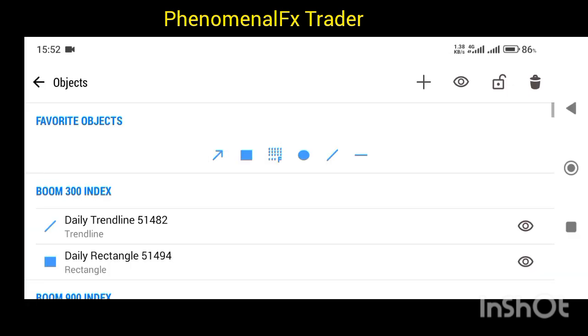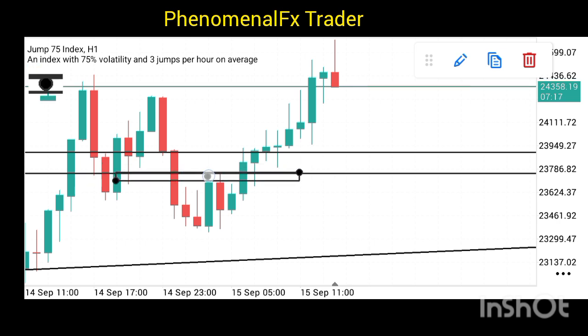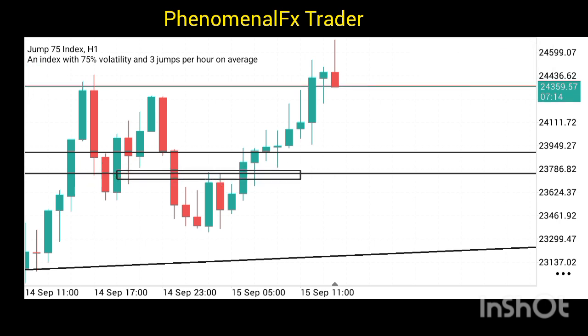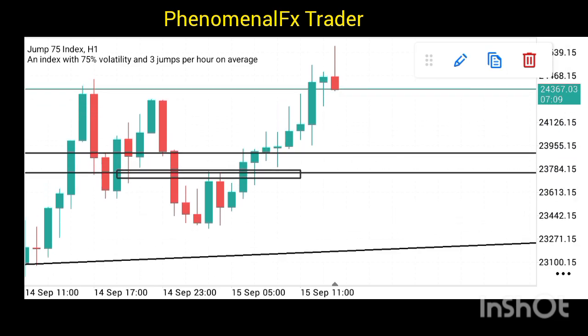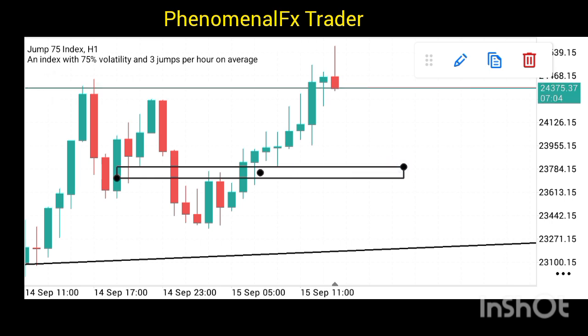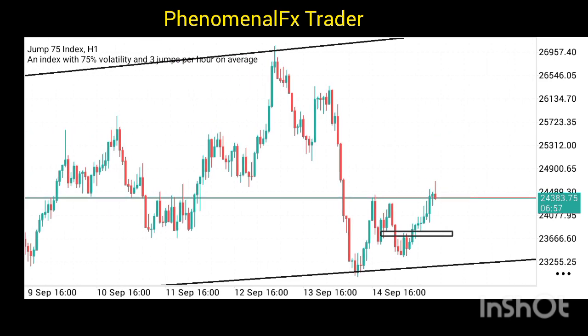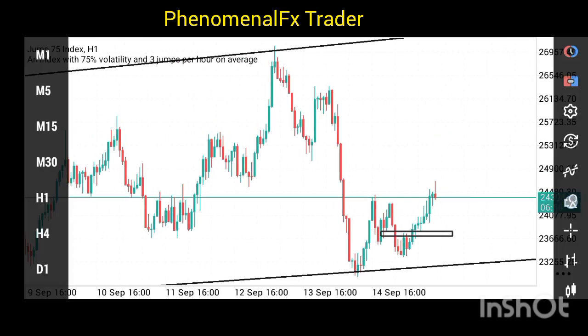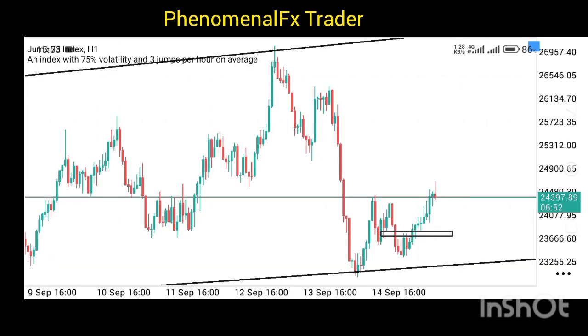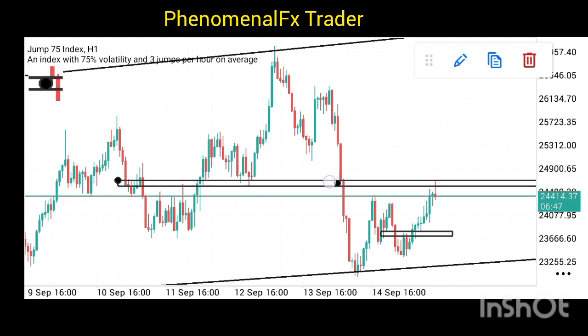And in fact there was another zone here at the time I analyzed this pair in the morning. I was actually watching this zone. The market was somewhere around here, which I was waiting for it to give us a second opportunity to take an entry. All right, so as you can see, it is playing out nicely. I'm still expecting the market to buy massively, but right now, as you can see, the market is at this point, you can't take an entry from there. So you have to consider the nearest zones